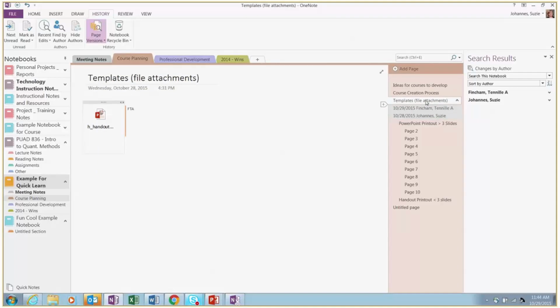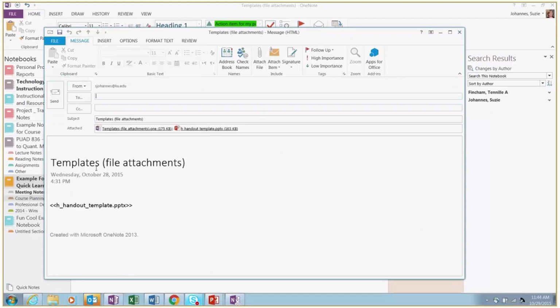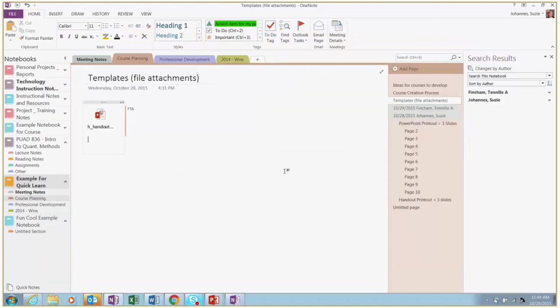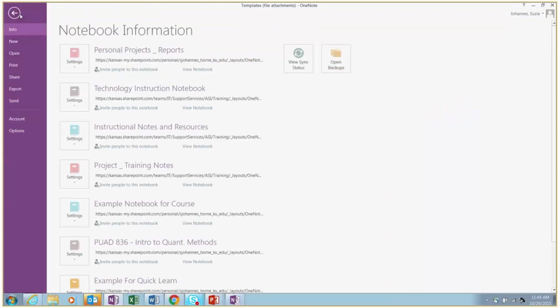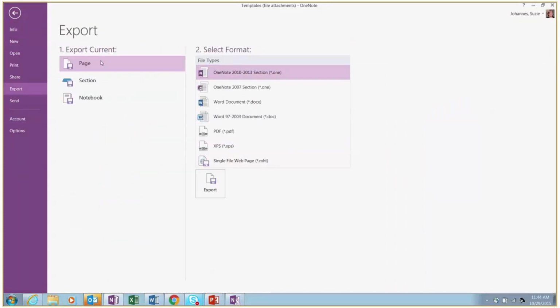The last thing we have to talk about is sharing pages and exporting to another format. Like I mentioned, you can always email a page. If you don't want someone to come into the notebook and add their own notes, you can just email that page. And here, it has the handouts attached. I can just send that to whomever. Another option, again if I don't want someone to come to this notebook and make changes, is under File, under Export, where I have a bunch of different options: I can export just the page, the entire section, or the entire notebook.